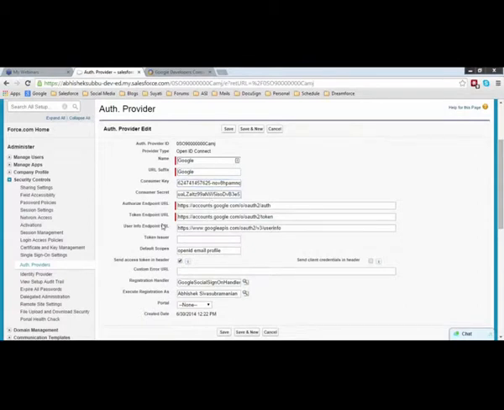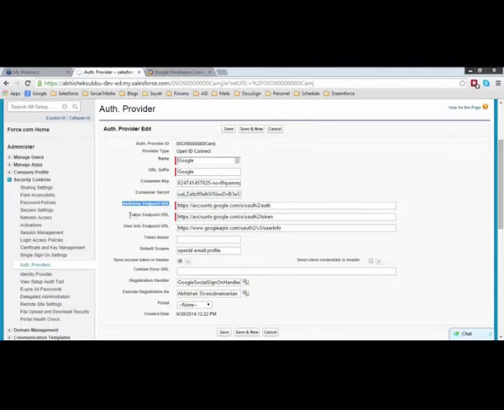Now, as I said, the OpenID Connect protocol works on the OAuth 2 framework. So OAuth 2 definitely needs the 3 endpoint URLs. Now, it is the authorization endpoint URL where you exchange the username and password, and what you get back in return is the authorization code.